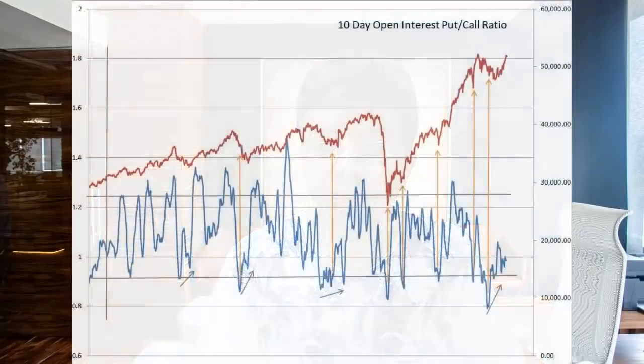If there was a sense of concern in the market, it would show up somewhere. It can show up in the bond market, it can show up in the currency market, or it can show up in technical indicators. There are many technical indicators which I usually discuss in the long short report. I'll share one now, which is nowhere close to being overbought, and that's the put call ratio itself. The PCR, which is the open interest put call ratio, is at the bottom end of its broad range